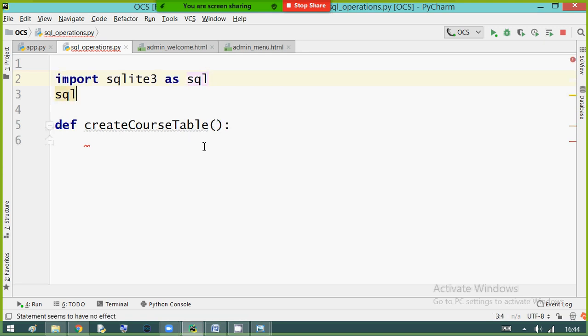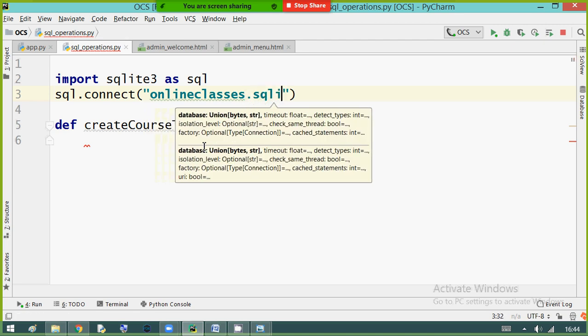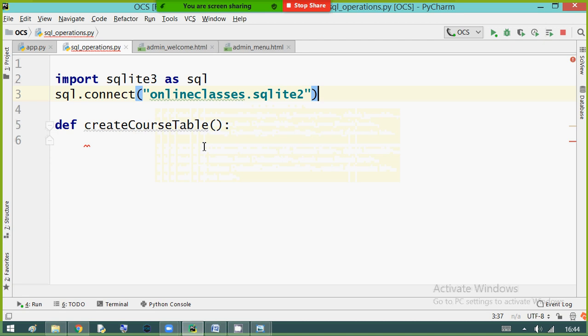So SQL.connect, the database name is online classes dot SQLite 3. The connect will return the connection.